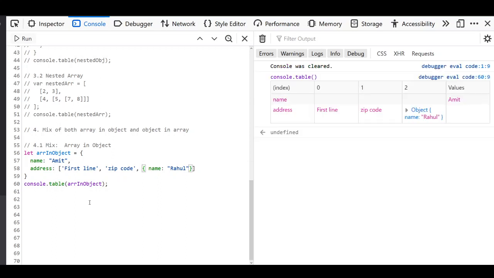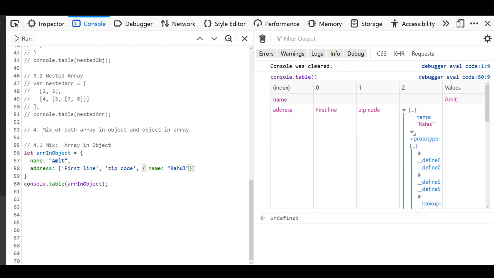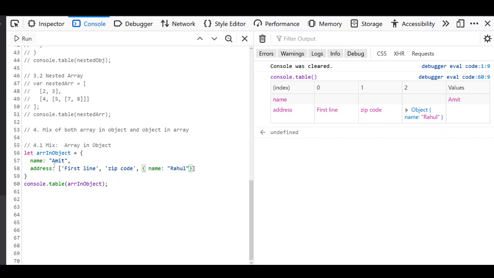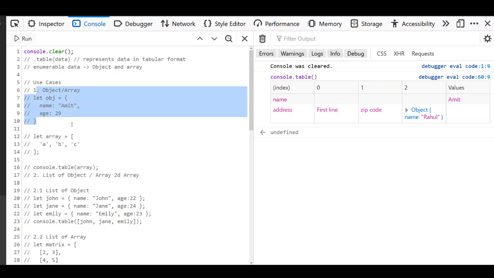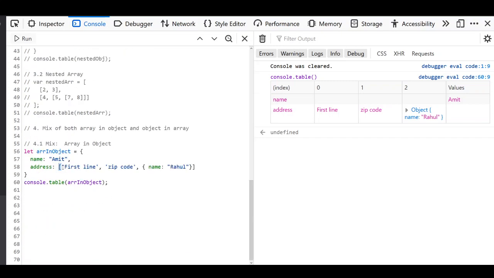If you can see, again the one level of nesting is being done, but after that they have created an expandable menu of that value, so that you can expand that value throughout. One more interesting thing is that the name and address keywords are here at the indexing level as the objects, the object representation that we have seen with a single object here. But for arrays, because this is a first level of nesting, we have 0, 1 and 2, right? So 0, 1 and 2, these are the indexing of this array.